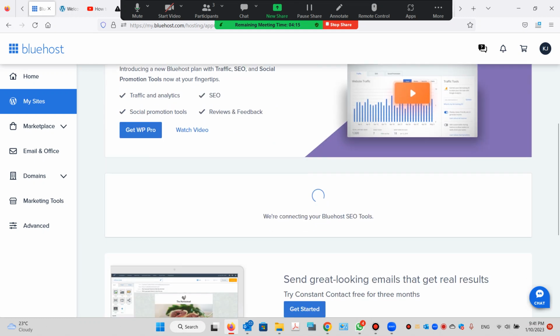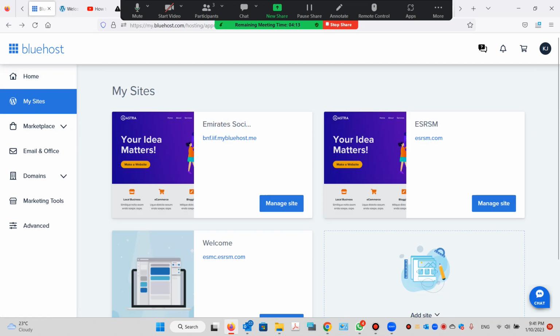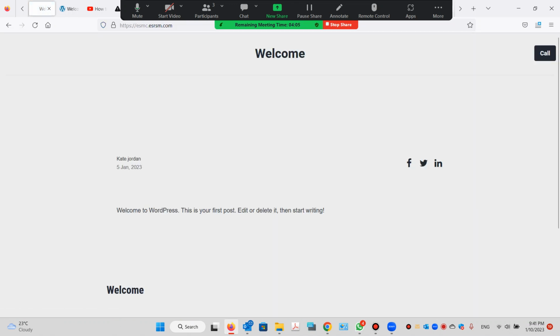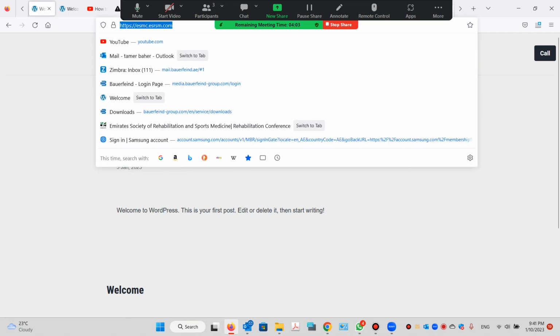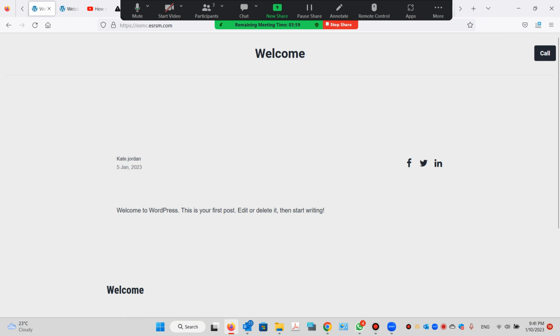This is where mine goes to. Okay, so let me show you the link. If you click on the link here, this is a different website. Yes, look here. This is what comes up. Do you see? They are all hosted under the same Bluehost. So, doctor, Bluehost will give you two separate websites. Catherine and the other companies can work in parallel, but it's up to you. You can buy a domain, or you don't need to buy a domain.